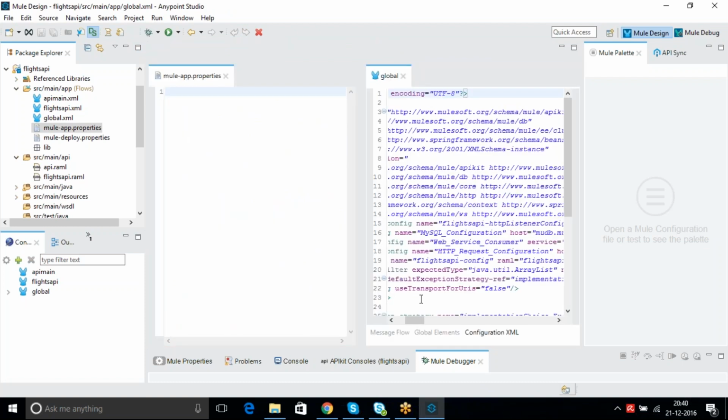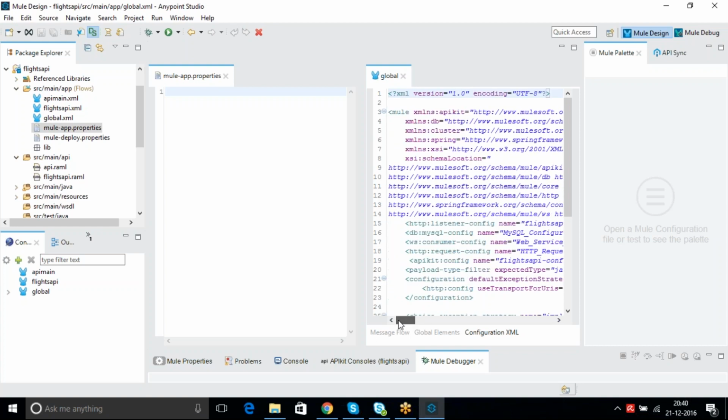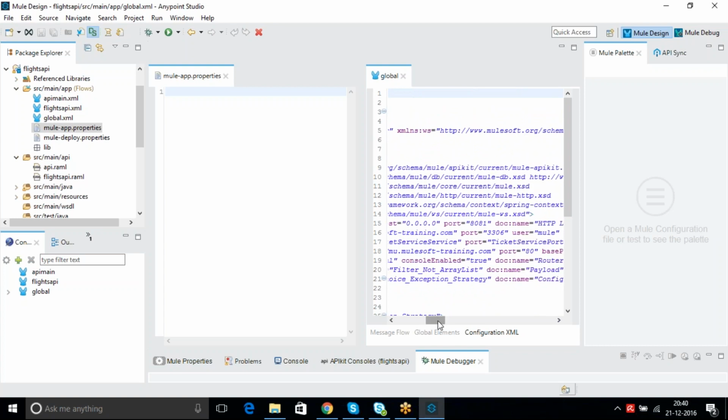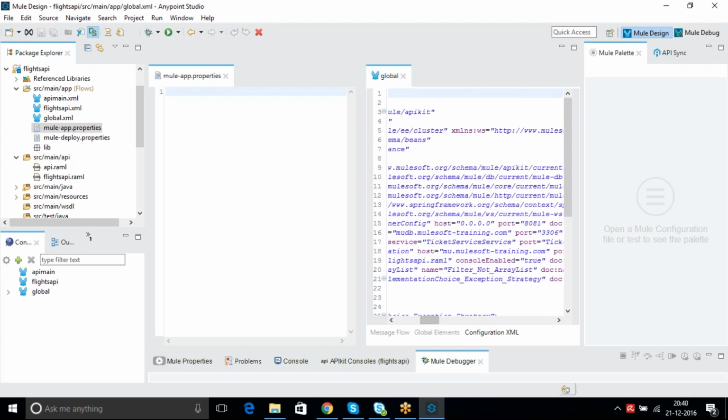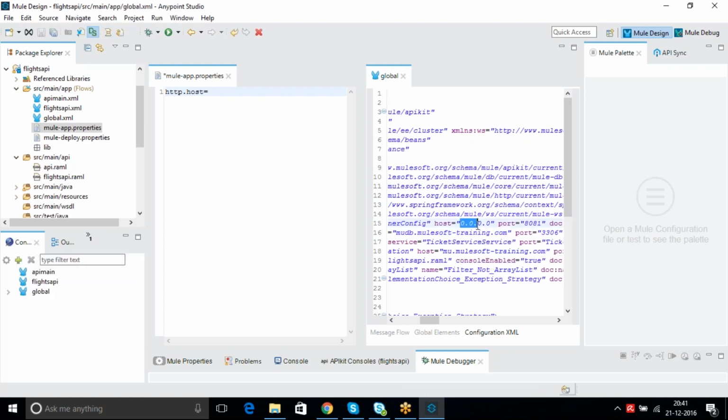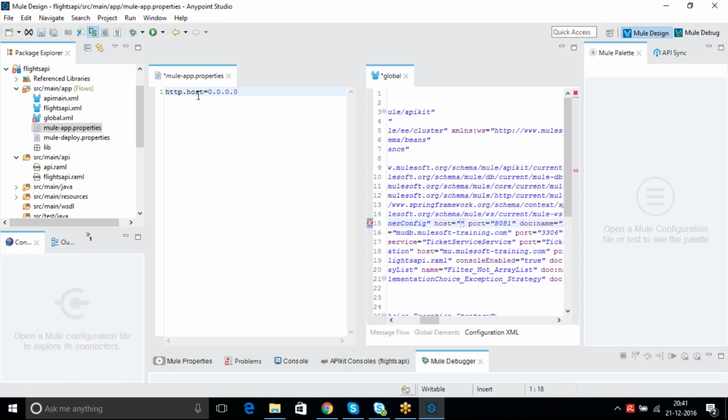Okay, now let's change one by one. What is the first one? HTTP listener config, right? So in that, what we can change? HTTP host is equal to, so you just take from here and copy paste there, Control X, Control V, and here copy this one, don't cut.